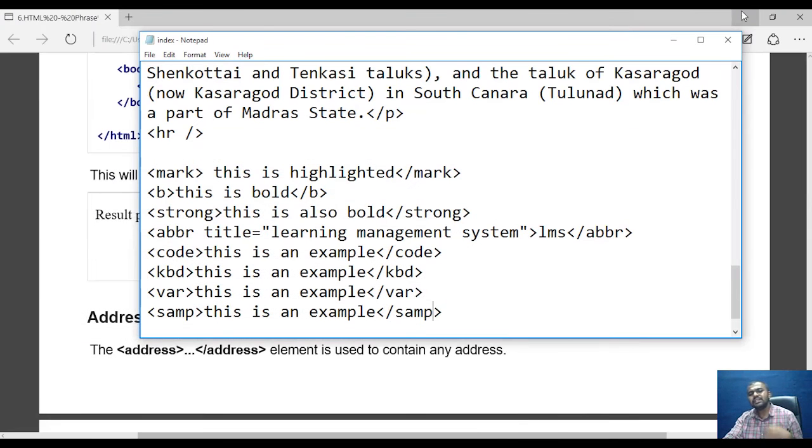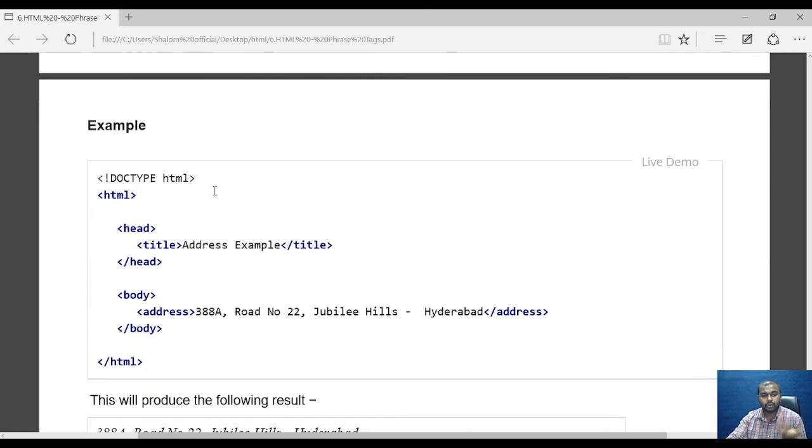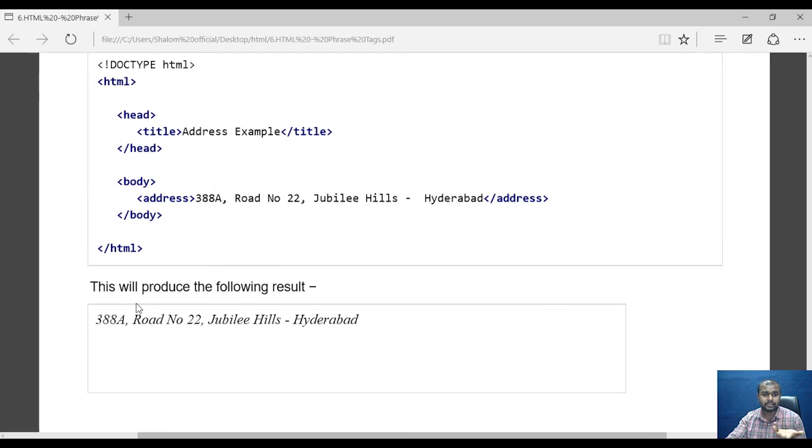As I said, many of the tags have a purpose when used with digital marketing, but as we saw, most of the tags give a similar output. One such tag is the address tag. If you want to display the address of an organization or an individual, you can use this address tag.